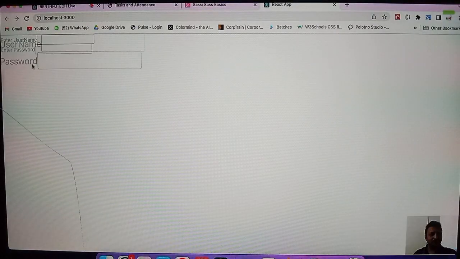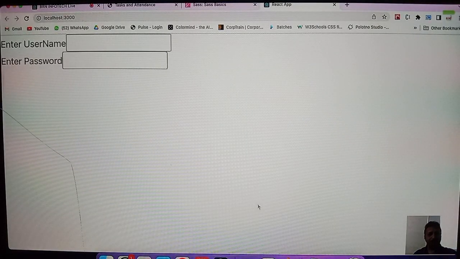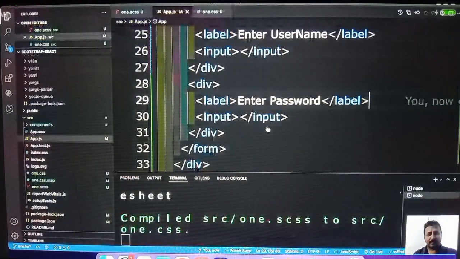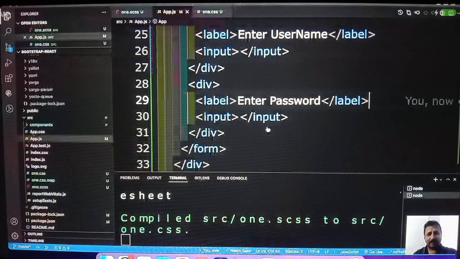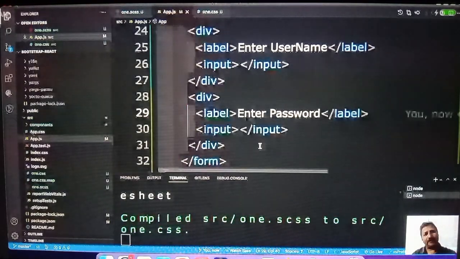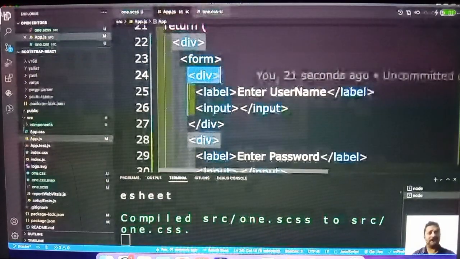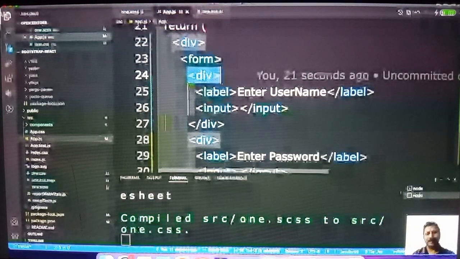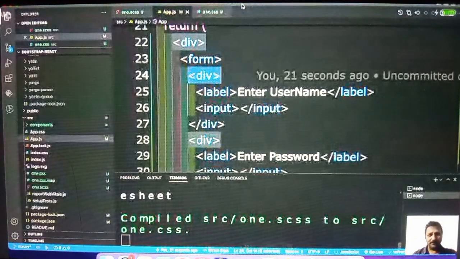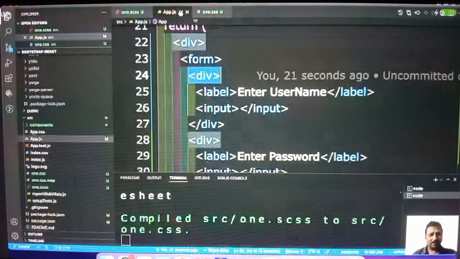Here it is. Now, if you want, you can make it center and all those things. Now, what I'm going to show you is how to apply some styles to this div. It's inside the form. So, how do I do that? Normally, we'll give